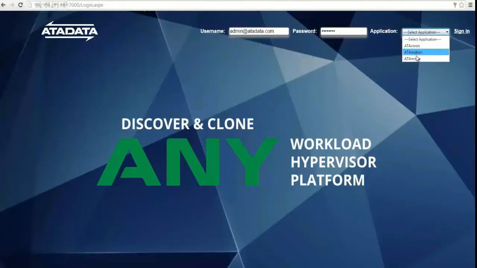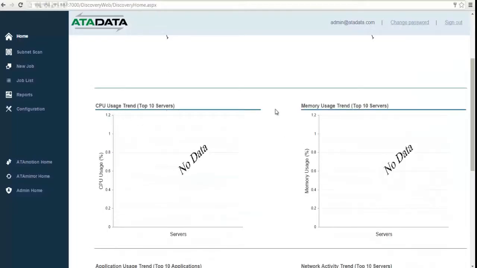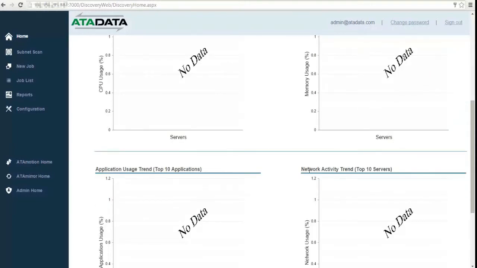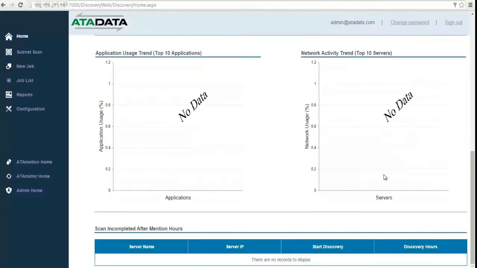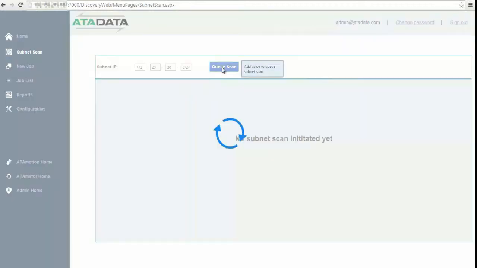This is an introduction to the ATADATA Discovery Module. As you can see here, you would sign in from the UI homepage, and at that point you will be taken to a screen where you will identify different characteristics of a completed discovery. At this point there's no data to be found, so we'll initiate a subnet scan on the left hand pane